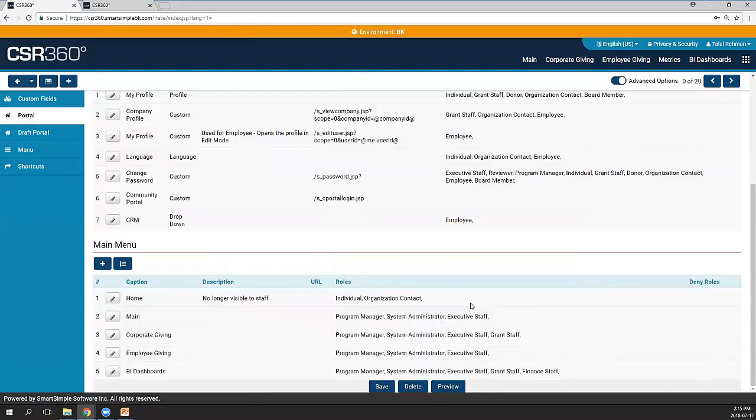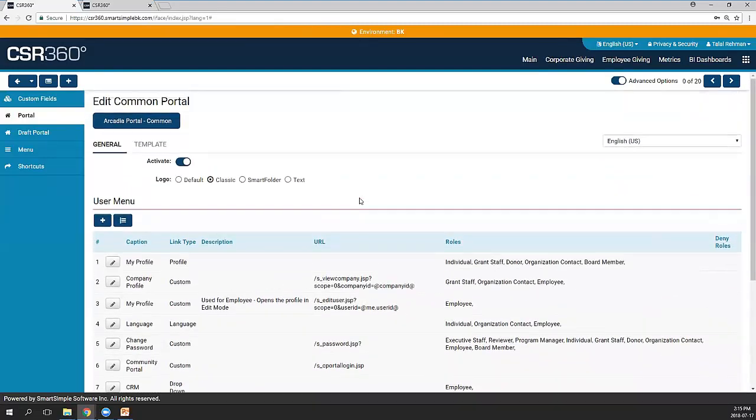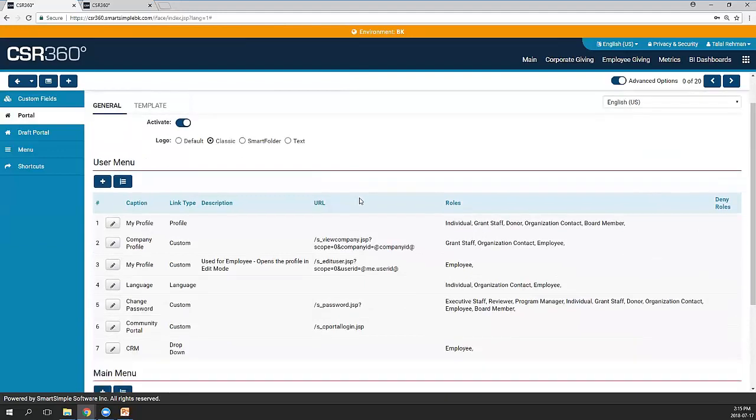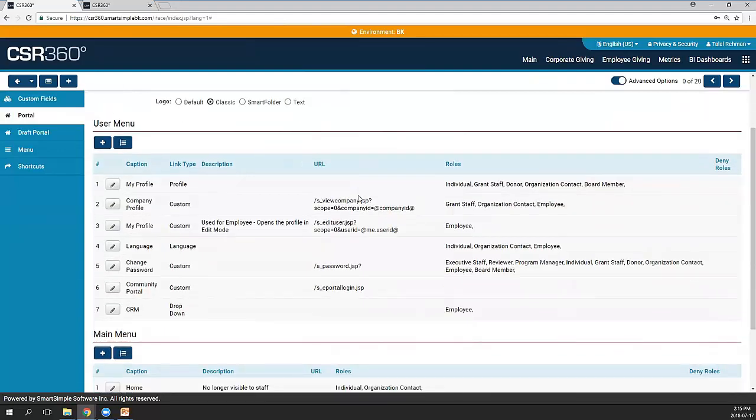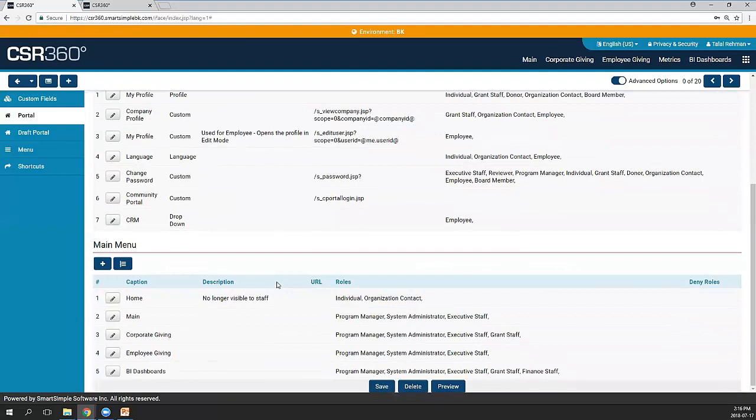The benefits, pros and cons, let's just quickly touch on those. The good point about the common portal is that there are lots of users, internal, external, or any type of user, that share a lot of things in common with other people in the company or in organizations. Recreating those sections or those settings in their individual portal would be a repetitive task. So imagine if,